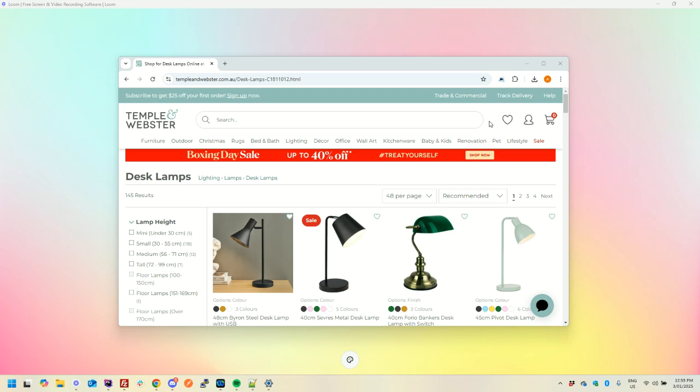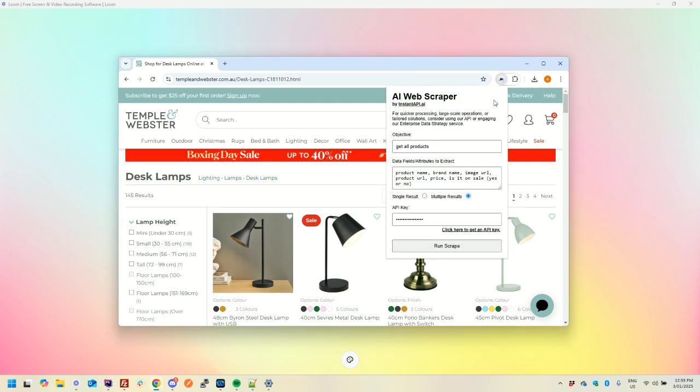Scraping truly never has been easier, and in this case, I'm going to scrape out all of the desk lamps within this retailer's website. It'll handle all things like pagination, as well as scraping out all the details that I want from each product. All I have to do is open the extension